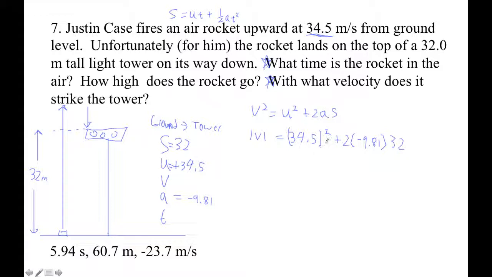Okay, so now we're set. Let's type this guy in here. Let's go square root of 34.5 squared plus 2 times negative 9.81 times 32, and then I do,